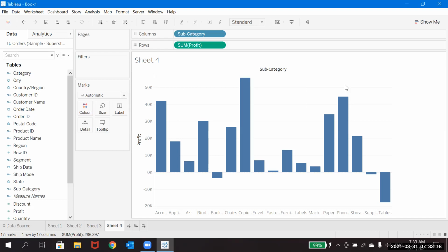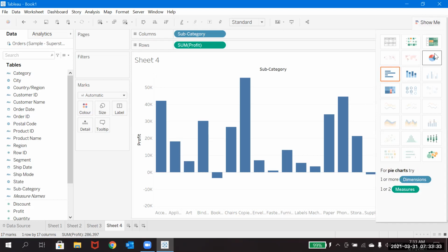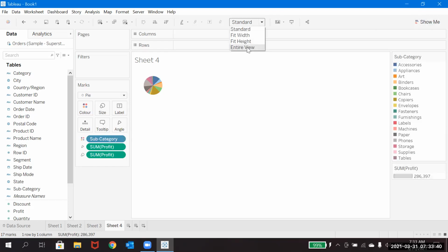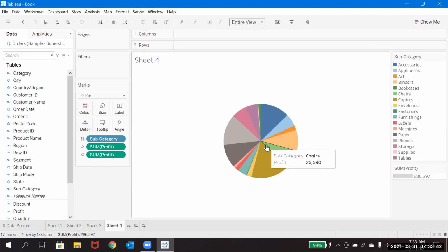So let's say we have the overall profit. On top of it, for each individual subcategory, what is my profit percentage? But I don't want this as a bar graph. I'll click on show me, and I want this in a pie chart. Based on the profit, it was just displaying the pie chart, but I want to display this with respect to the percentage. So how will that percentage come? I'll go here.